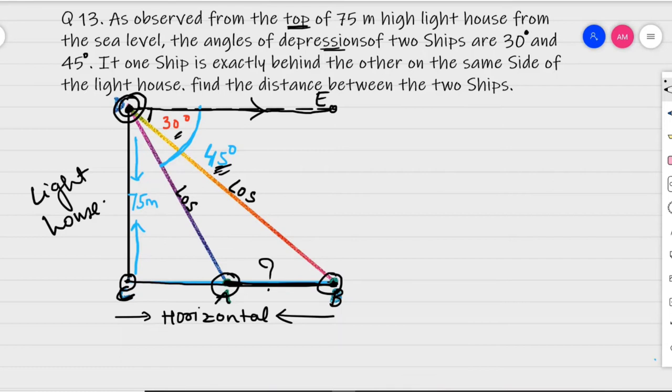Now how to proceed? See here, CD is given. You are getting two triangles, ACD and BCD, because you have to consider the 90 degree angle. Everything we do here is with the right angle triangle, so you have to first identify which angle is 90. Now see children, this angle is 45 degrees, that is angle EDA. It is making a Z with A. See here, this is your Z.